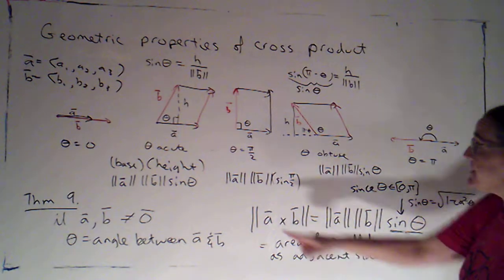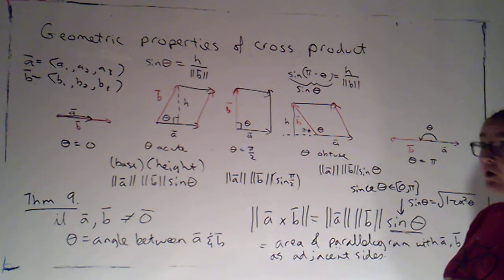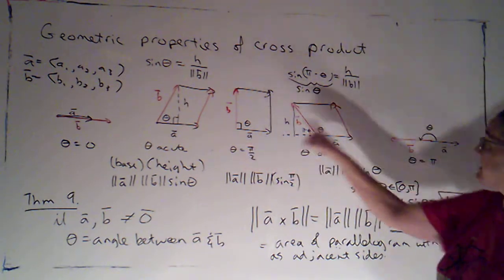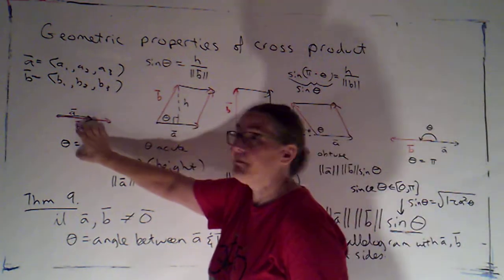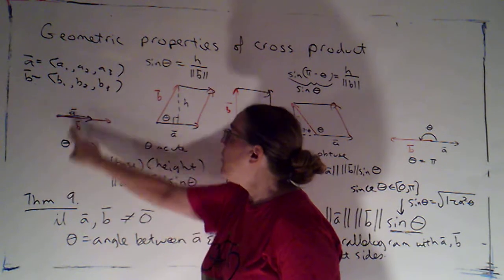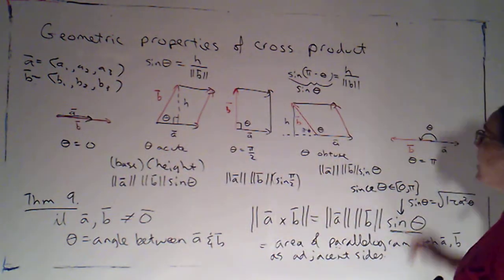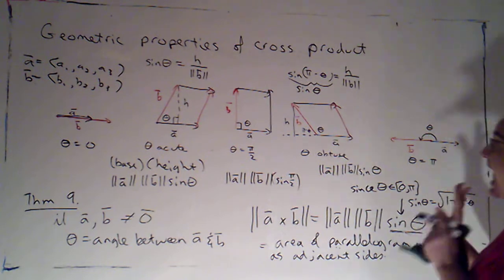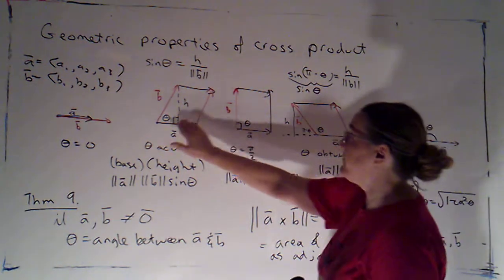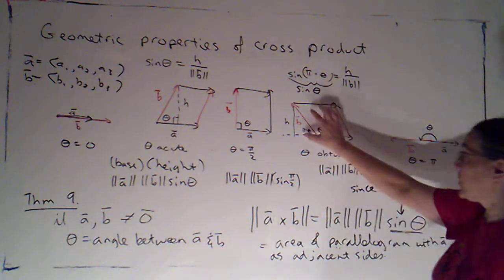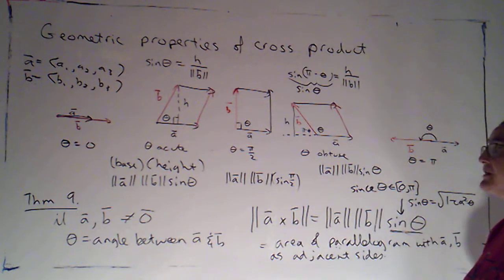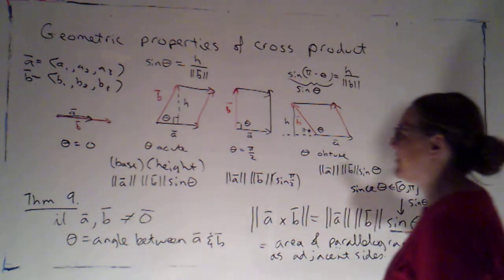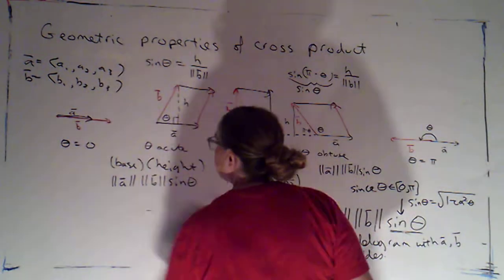All right, now this theorem, Theorem 9, does have a corollary. If you look at these cases, you'll notice that the only times we got degenerate parallelograms, which had 0 area, were when the vectors A and B were parallel to each other. Any other time, if A and B are non-zero vectors and they're not parallel to each other, we're going to get a non-degenerate parallelogram. It's going to have some area, so this magnitude is not going to be 0. And that means that the cross product is not 0. So corollary 10